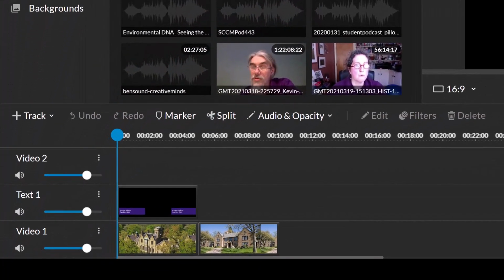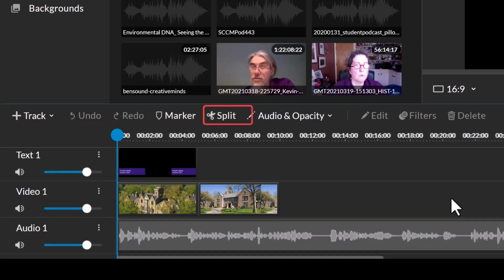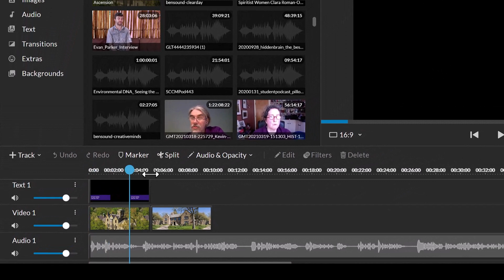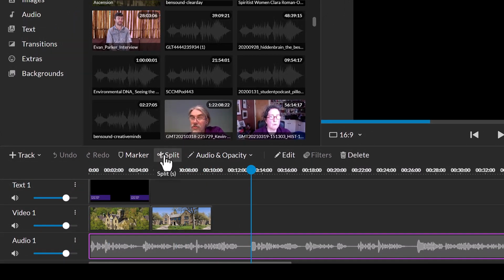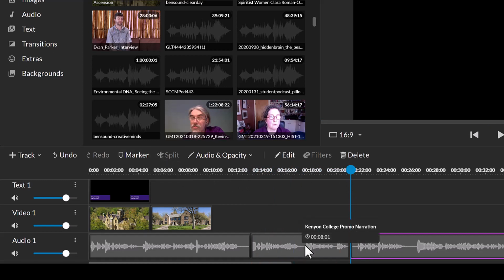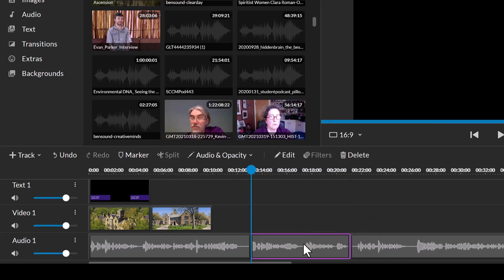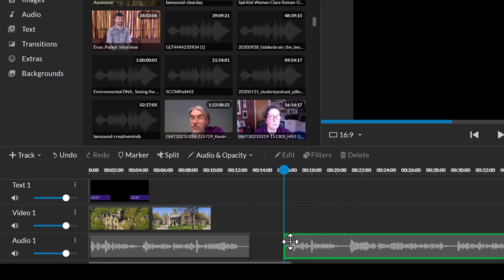If you make a mistake, you'll notice an undo button next to your add track button, which is always useful in editing. A couple of buttons down is where you'll split your media if you need to. You'll position this line, which is called a playhead, where you want to make a cut, and you'll either use the S key on your keyboard or click split to split the media in two. Now you can move things around, create space between items, or delete them completely by selecting them and clicking delete, either in your workspace or on your keyboard. This is great if you've got parts of your narration that you need to delete.